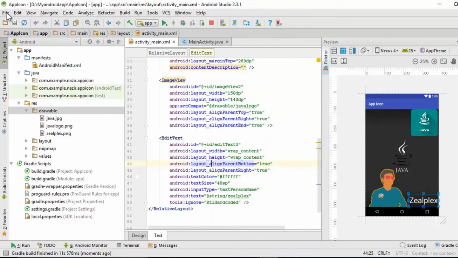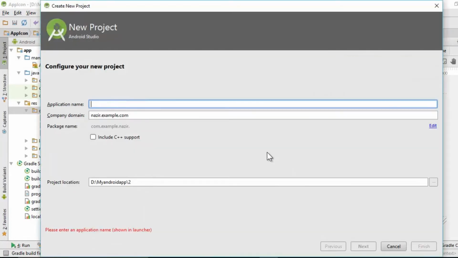Now create a new application, a new project, and create an application which is going to be a cricket scoreboard. C Scoreboard, cricket scoreboard. So this is the name of my app, and we develop a scoreboard application inside Android Studio. Let's go ahead and learn how we can do that. Click next,